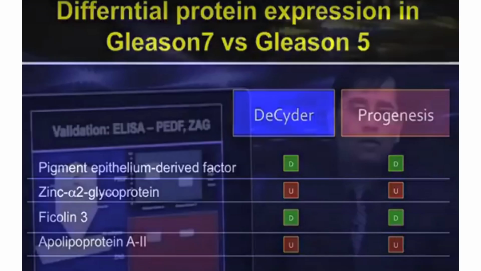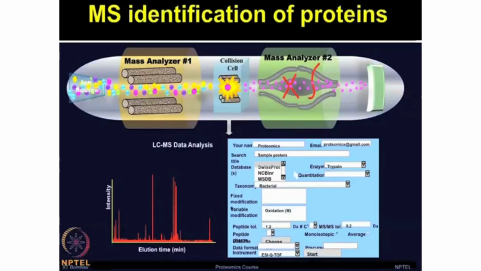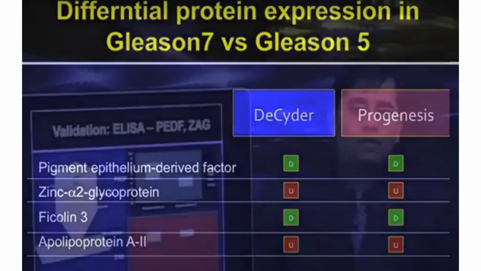So how exactly is mass spec done? We'll deal with that in the next part of this lecture, how exactly mass spec analysis is performed. But when they did those specific analyses, they found a few proteins like pigment epithelial derived factor,